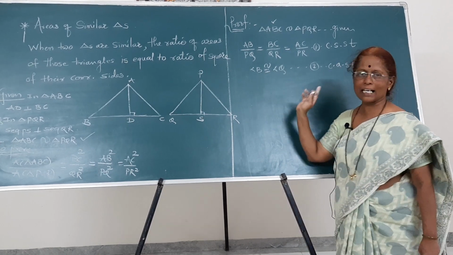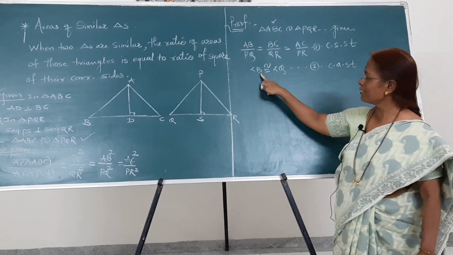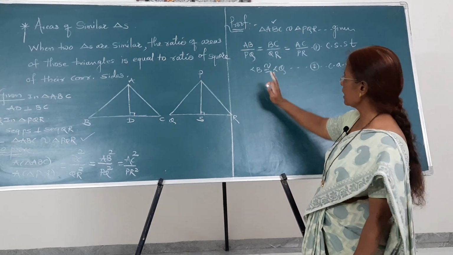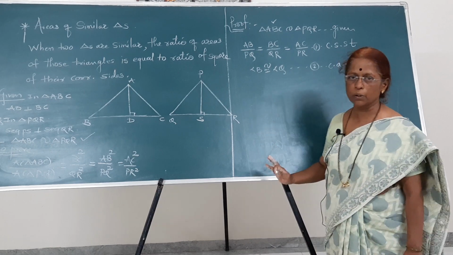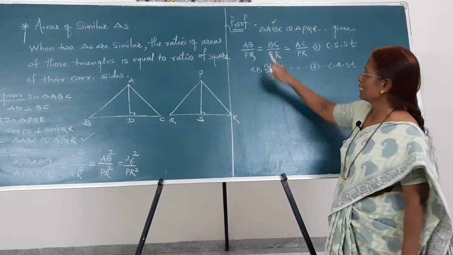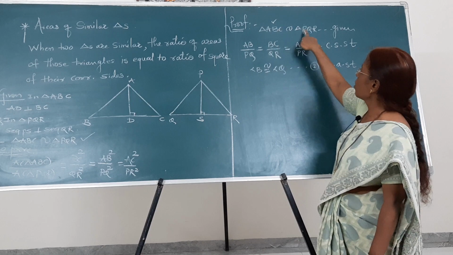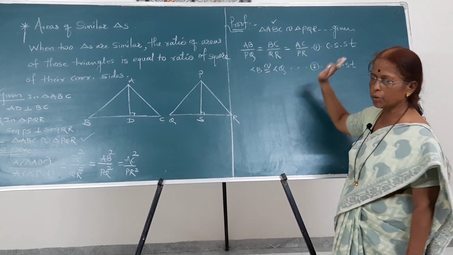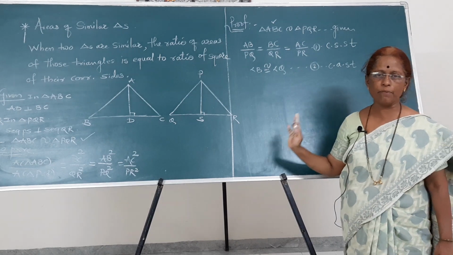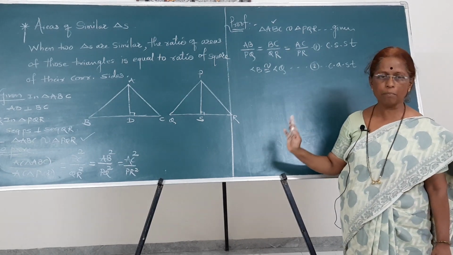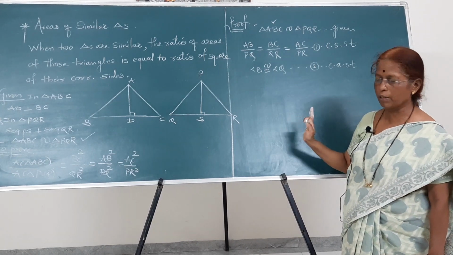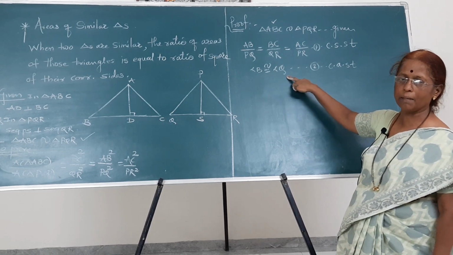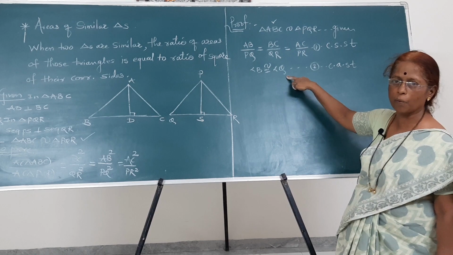Now the question arises, why have I selected angle B only, meaning B is congruent to Q? Other cases are there. As I told, A is congruent to P, B is congruent to Q and C is congruent to R. These are the corresponding angles of similar triangles and they are congruent. But the question is why I have selected this pair B and Q only.